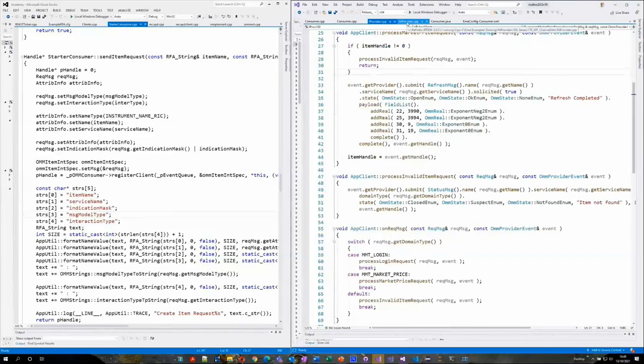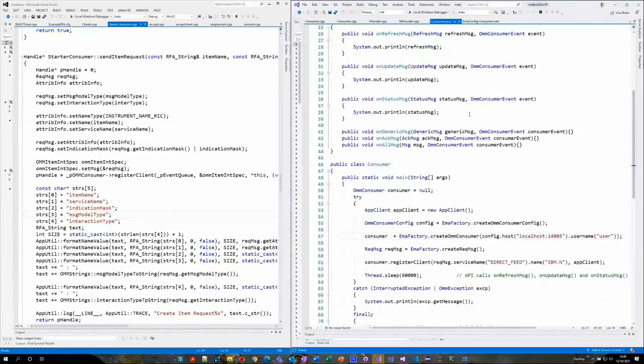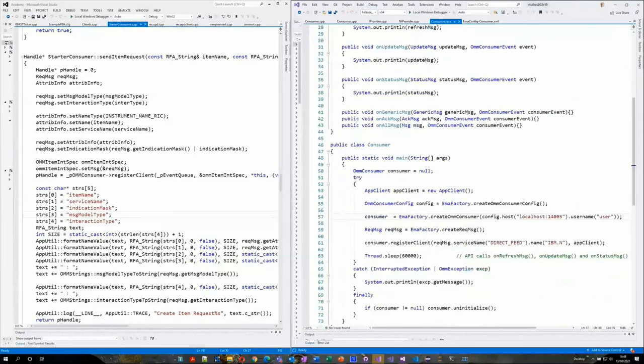And then I don't know if you have a Java application. Just to quickly show, so you saw the C++ application. The Java application is absolutely similar. Even though there are language differences here, we tried to make this as clean as possible and give you a very easy way to be up and running, and off to the races to get the data or to contribute data, depending on what your objective is there. So that about concludes our code walkthrough.